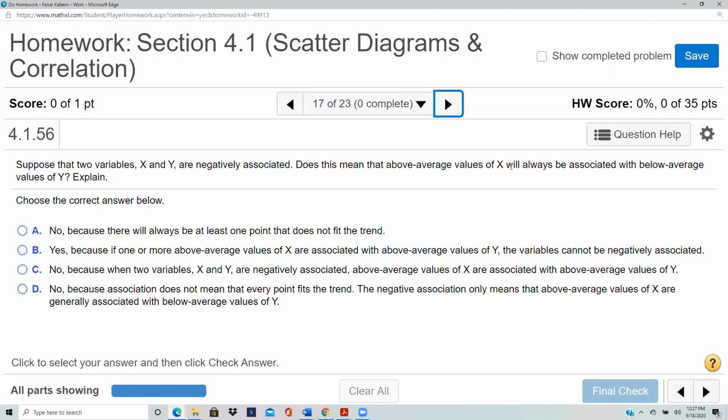So in regression also, just because there's negative correlation doesn't mean that there will always be this kind of relationship, but in general there will be this kind of relationship. So basically we have to look for the same idea as expressed here, but with a milder word than always. So the same idea is